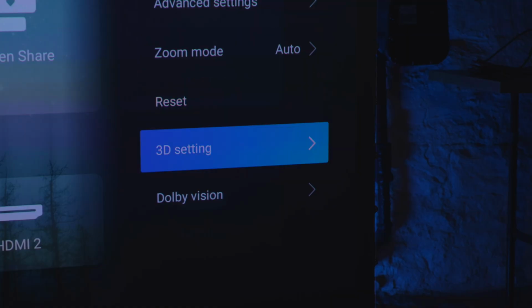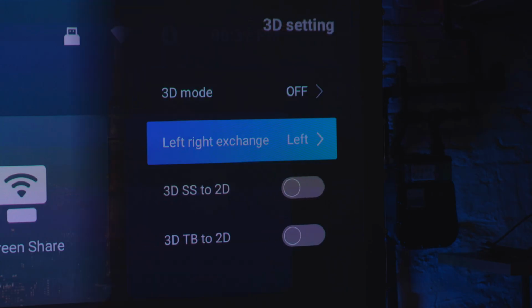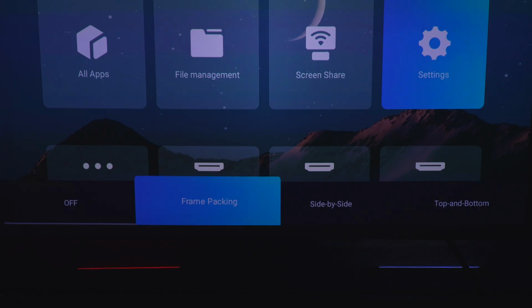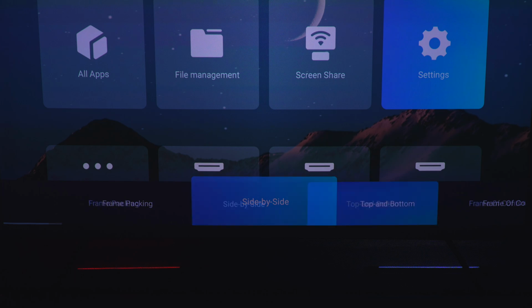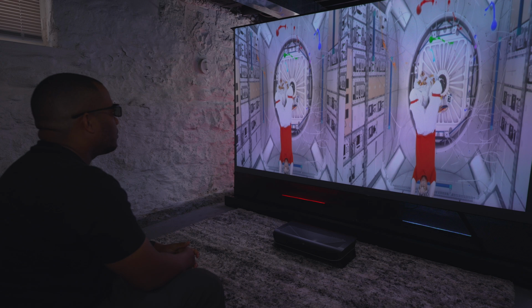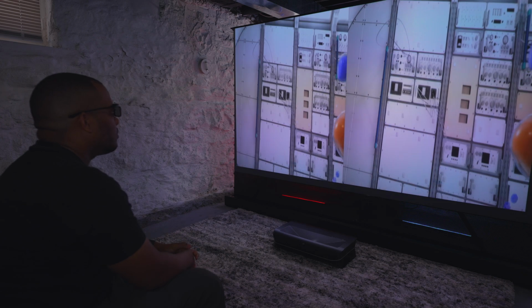But yeah, when I put these glasses on, the first thing I noticed when I started watching some 3D content is the brightness of it, because a lot of times with 3D content, it can be a little bit dimmer than just watching regular 2D content, but the brightness was still there and also the quality was there. And the software on the projector does have some settings for different 3D modes like side by side and top and bottom. So once you find the right one and you're watching the content made in that particular style, you're really going to be impressed with the 3D. I'm a big fan of 3D movies, so now I can go ahead and dust off some of these 3D Blu-rays that I have laying around